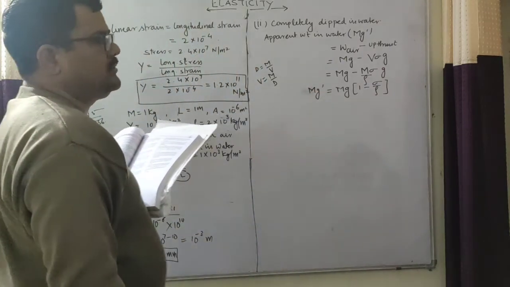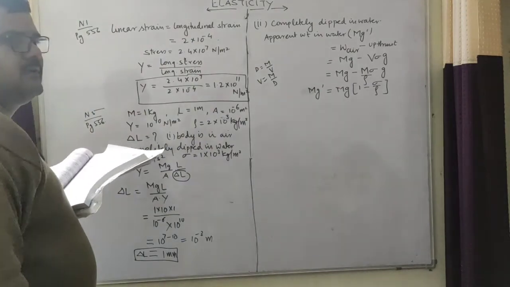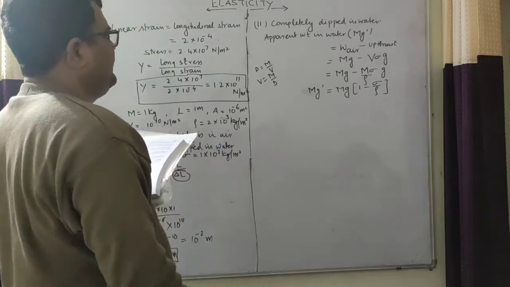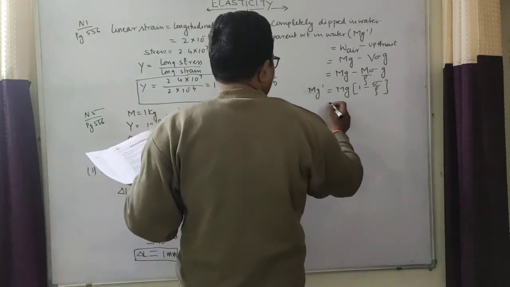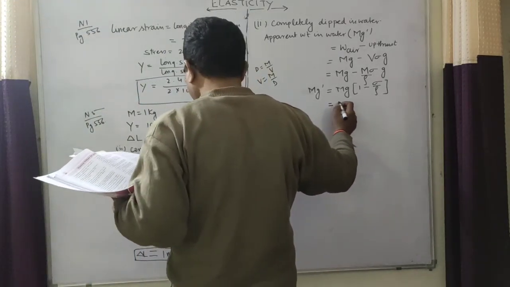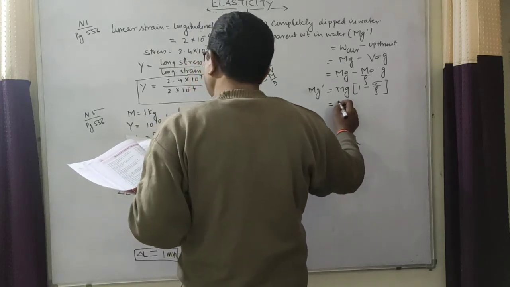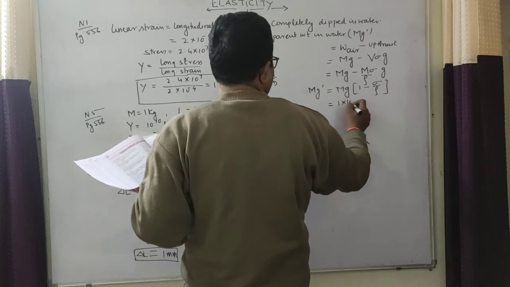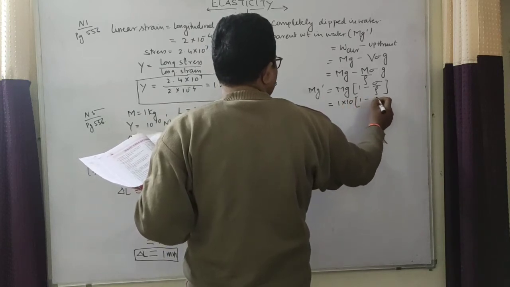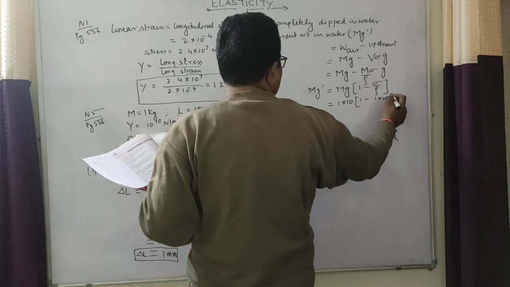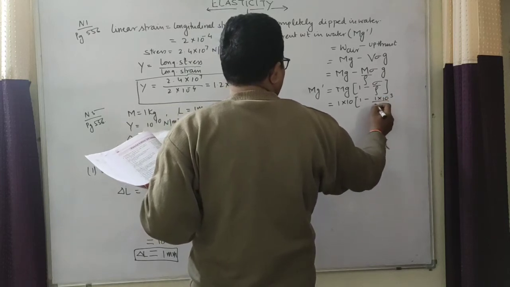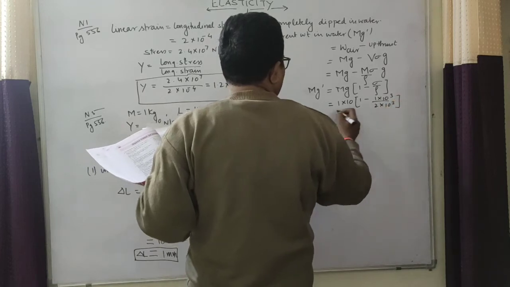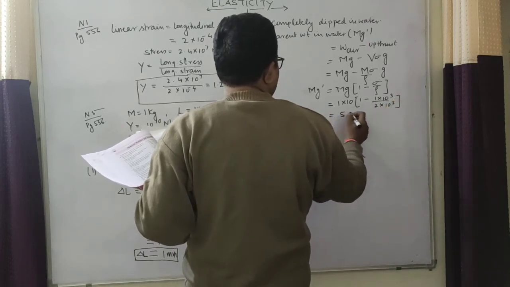Now in place of force, because the object is dipped in water, force will be apparent force, upthrust is applied. Now mg dash I can find, m is given as 1, g is 10, 1 minus 1, density of water is 10 to the power 3, density of material of wire is 2 into 10 to the power 3. You are going to get it as 5 Newton.